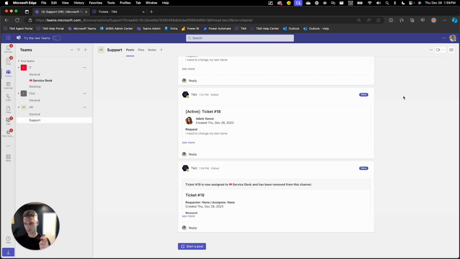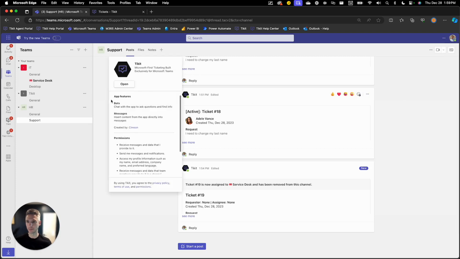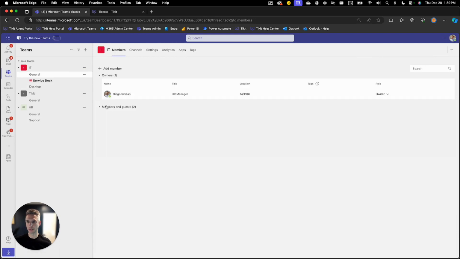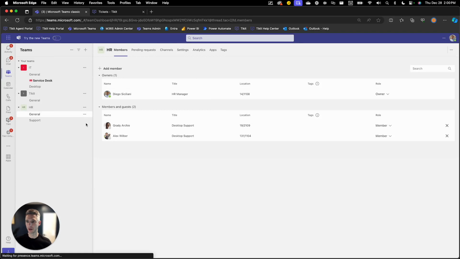So up until this point, we've created new teams and we deployed Tikit to those teams and set up things around those teams. But to double click on what we're doing here, each team within Microsoft Teams technically has an M365 security group that sits underneath it. And that group has different members of that team. So as an example, in my IT team, I have members here: Diego, Grady, and Alex. In my HR team, I have Diego and Grady, but Alex isn't a member of the